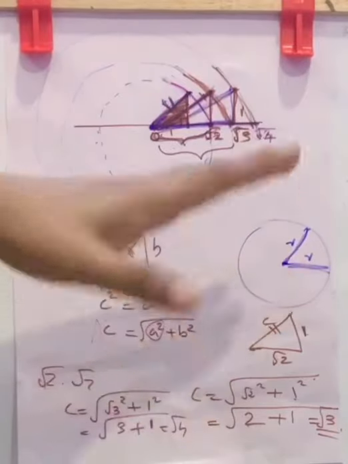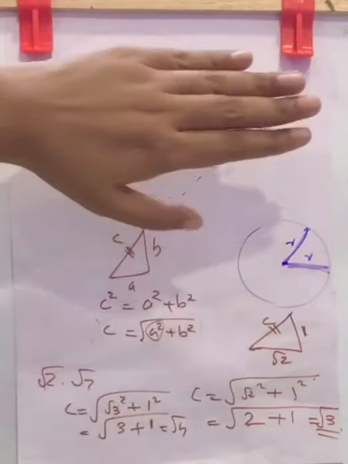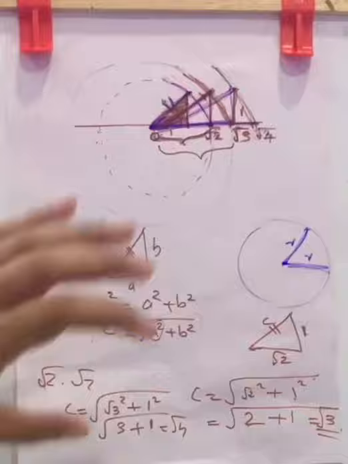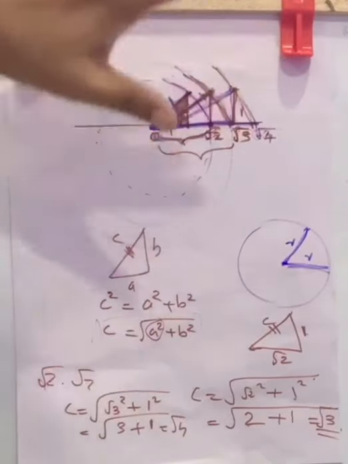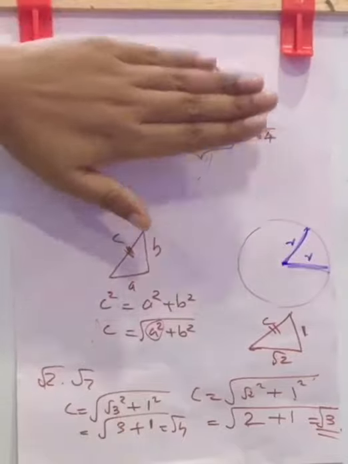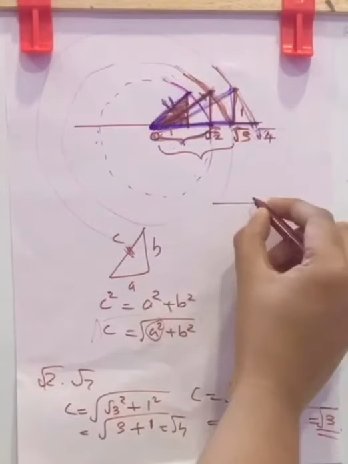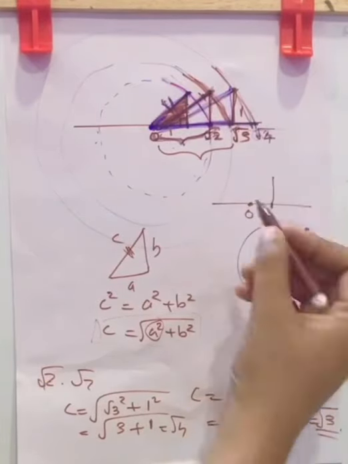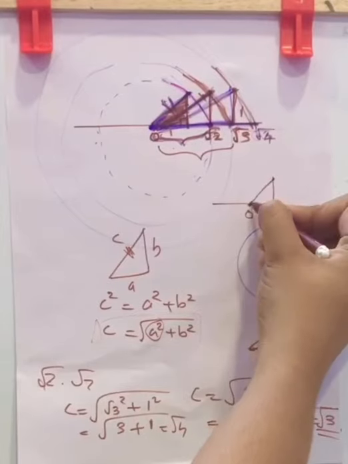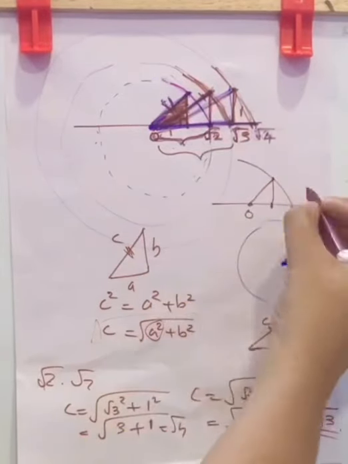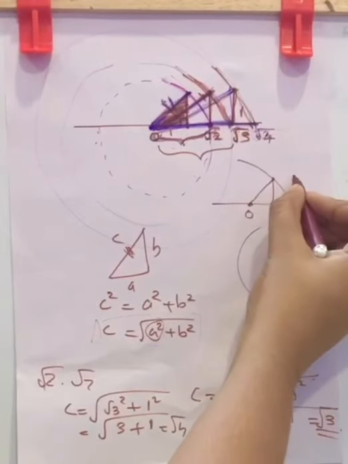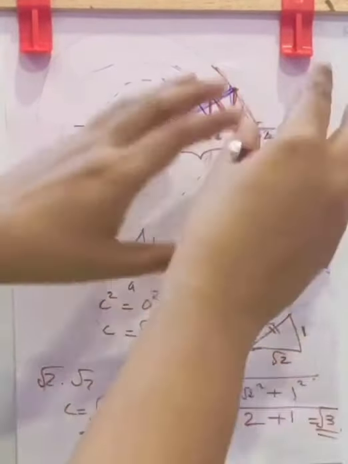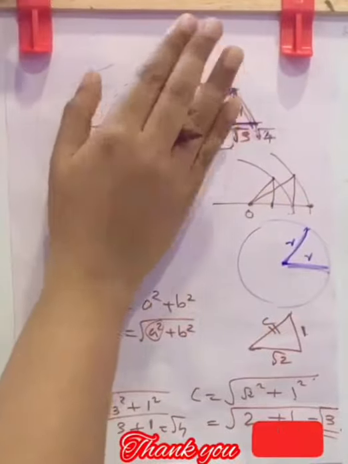But simply do what we did in the exercise question. Don't bother about it. If you are wondering how it happened, that is the only reason I explained it. Don't get confused. This is the hidden theme in this method. You just draw a line, mark 0, take 1 centimeter, draw a perpendicular with the protractor, then join it. Then draw an arc. You will get the value. For the other value, draw a perpendicular from here. Now join to 0. Draw an arc here. You will get the other value. You just do the method there. But the hidden thing in this method is this.